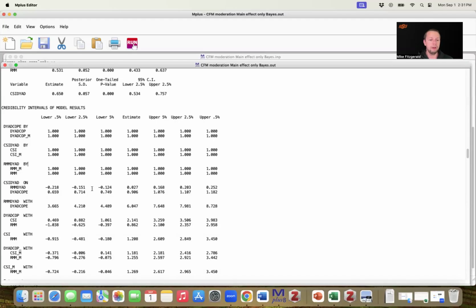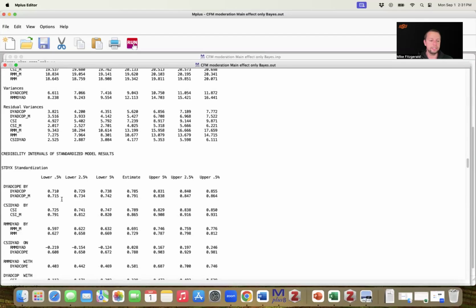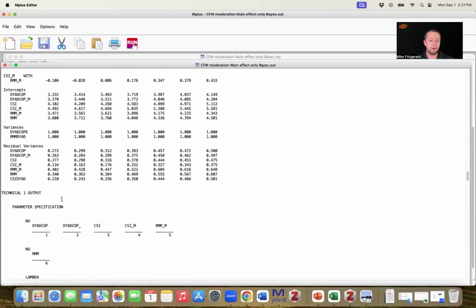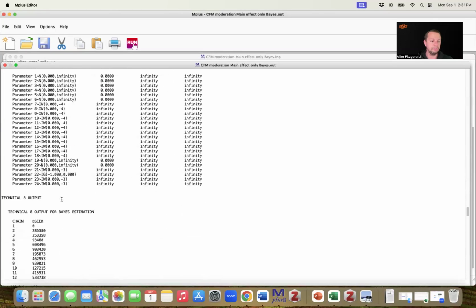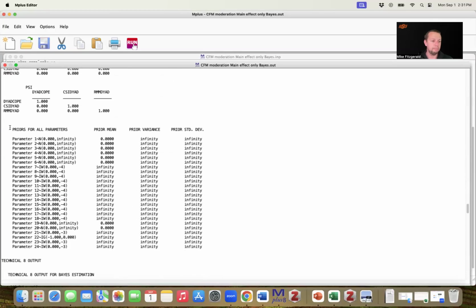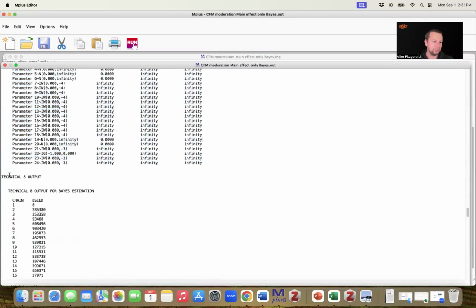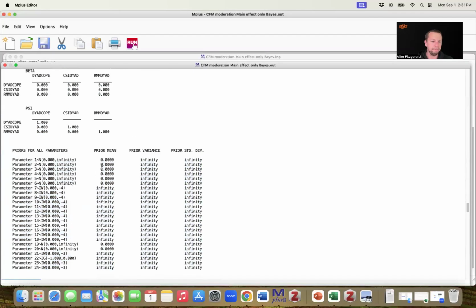Right. So again, we don't necessarily need to go into all of this, but I will scroll down a little bit more to show you some priors, because I think that's one of the things that Bayesian does. And I'll also show you the Tech 8 output. All right. So the default for Mplus is that Bayesian estimation will use what's called diffuse or uninformative priors. You can think about priors in terms of a meta-analytic approach, where